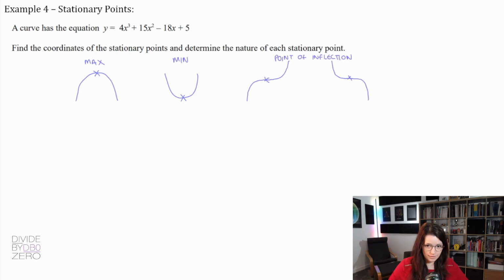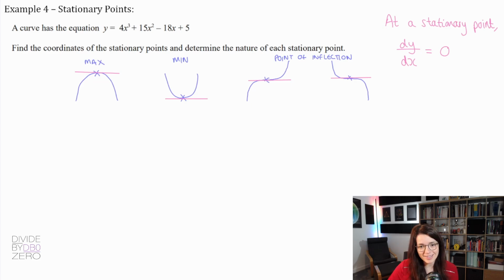of inflection. The thing they all have in common is that at a stationary point, dy/dx is equal to 0. The gradient is equal to 0. So at all of these points, the tangents would be a completely flat line going across. So to find the coordinates of a stationary point, you just need to differentiate and set the derivative equal to 0. However, to determine what type of stationary point it is, you need to consider what we call the second